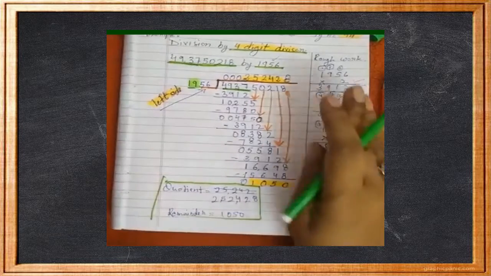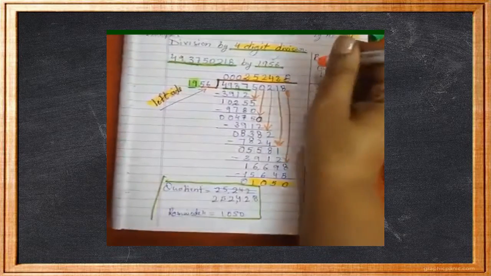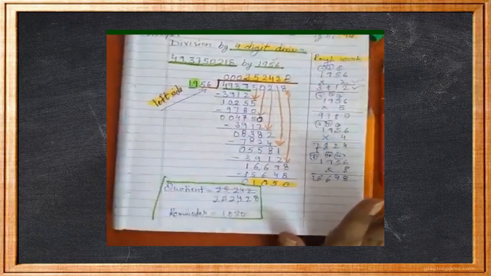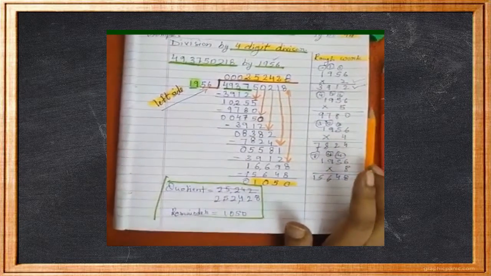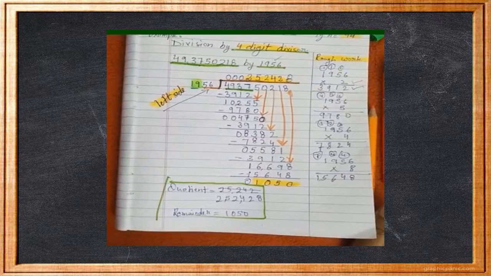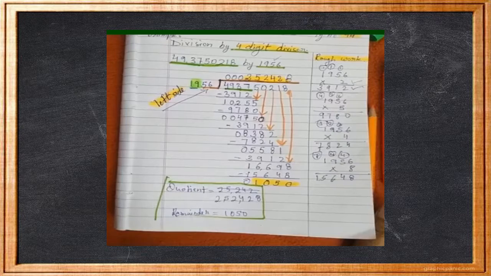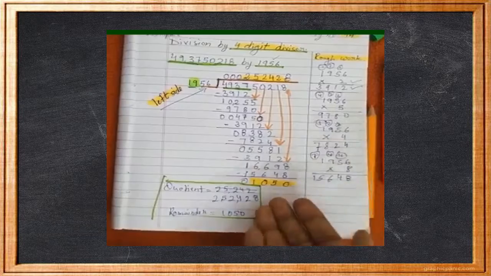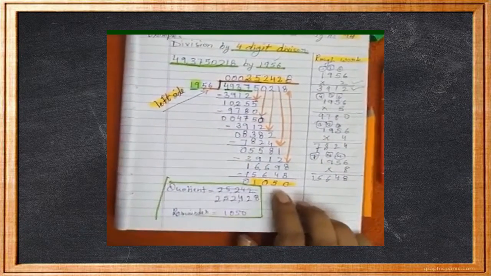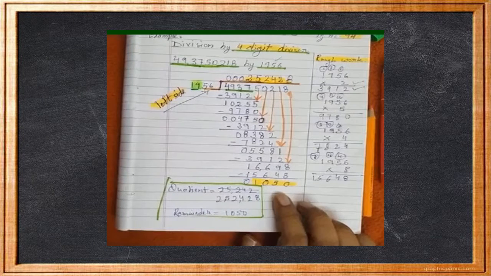And children, always remember this rough column. This rough column is very important. If you miss this rough column, I will not accept your division. So whenever you are doing division, please make a rough column for your rough work. Is it clear, children? So this is how we do division. And there is a way to check whether your division is right or wrong. First, your remainder should be less than your divisor. Second, there is a formula to check your division.